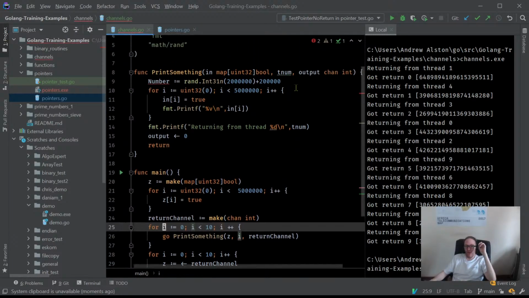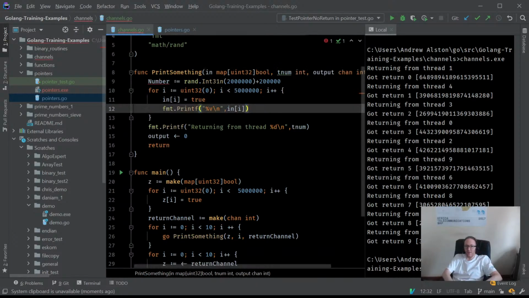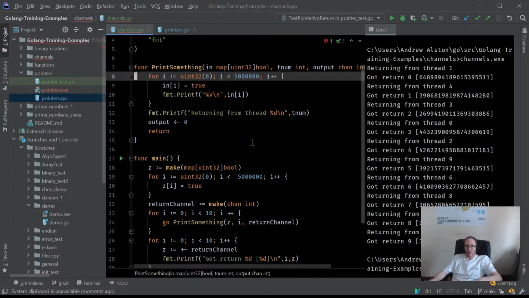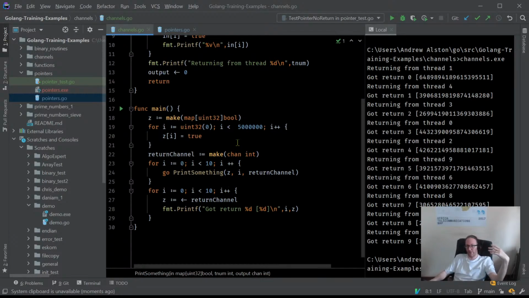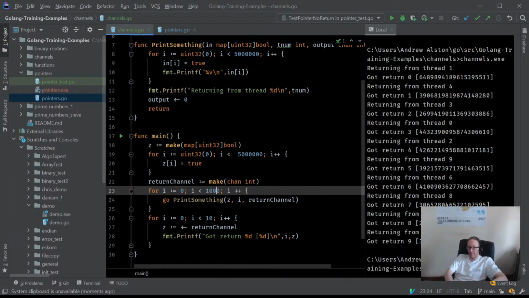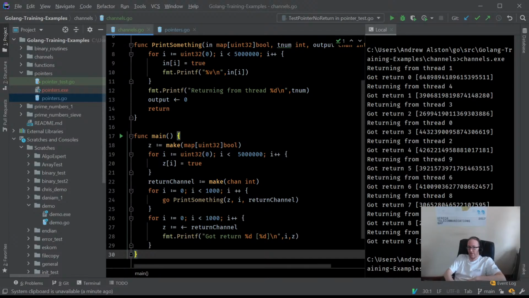Sorry, I forgot to put int over here. There we go. I just want to see, have I got an error here? So I've got this code that's going to be firing these 10 routines, and all 10 of them at the same time are going to be trying to read and write from that map, which I know is not thread safe. And just to make this more interesting, I'm going to make this 1,000 threads so that there's going to be overlap, hopefully,